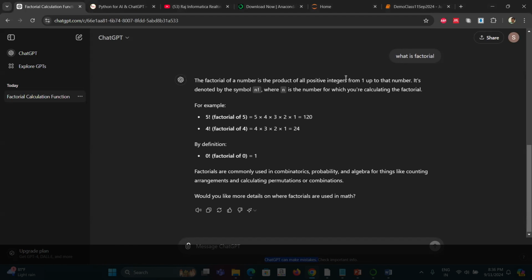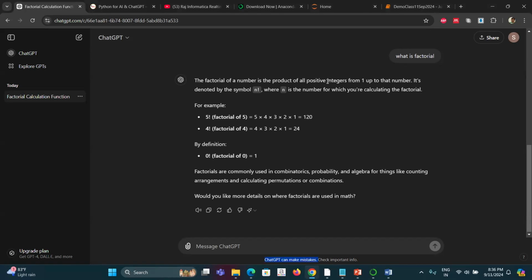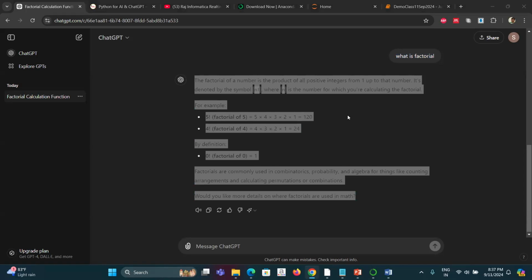But for questions like these, which are already well covered, it is most likely correct. Basically, what is generative AI? It has collected all the information, analyzed it, and tries to give it back. So most likely this information will be correct. But if you ask something very new, it can make mistakes and have logical flaws, which you have to correct. That is how it is.